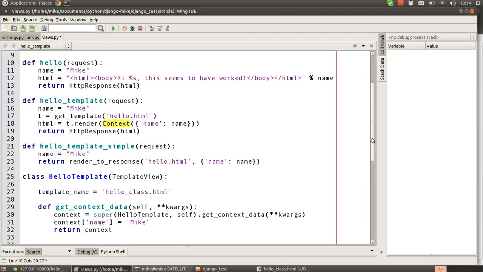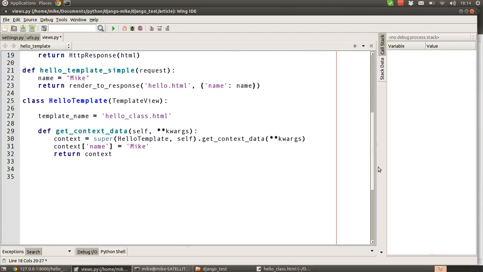Now, in the class-based views, we still use a context, but in this way we actually declare a method on the class called getContextData. Now that takes a variable list of keyword arguments